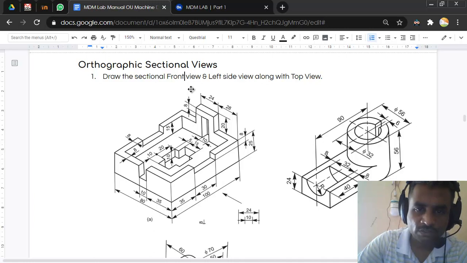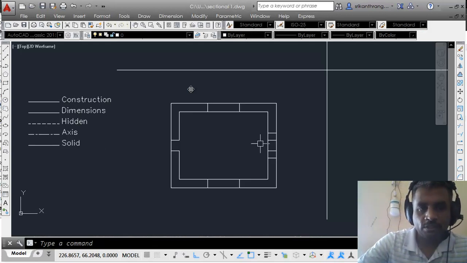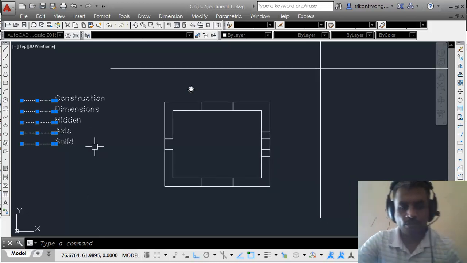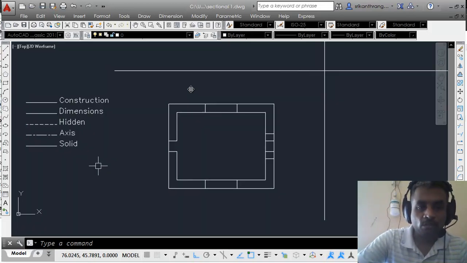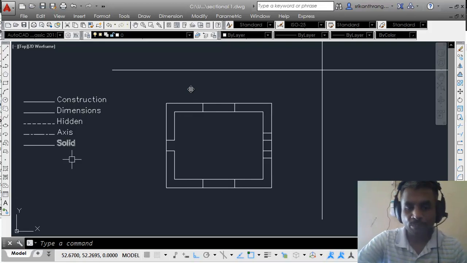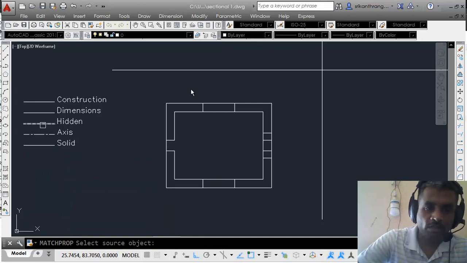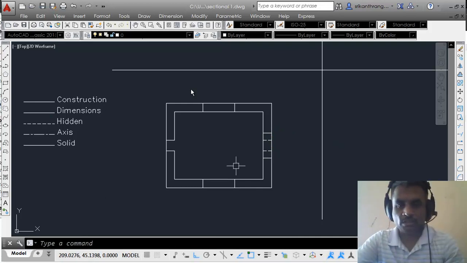Now you can observe it here that this full plane is hiding the edges at the bottom. These two edges will be hidden. Next I'll be changing the properties of the hidden lines using these values. So these objects I had created as a part of template. If you want to learn how to create the template, you can watch the other video. I'll leave the link to that video in the description of this particular one. You can go there and check out how to create the template. Now all we have to do is click on the match properties option and click on here, this point, and these 2 points. So these 2 lines will be hidden.